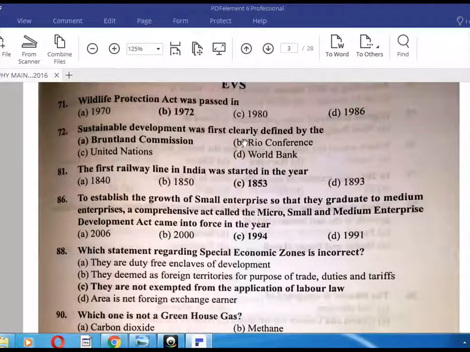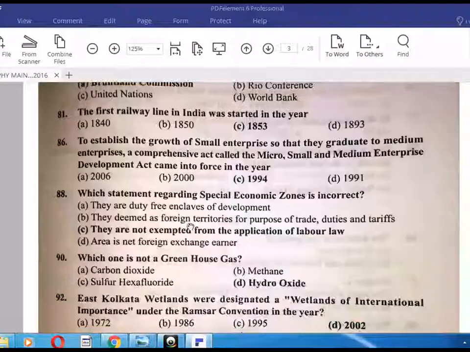Okay. Wildlife Protection Act passed 1972. Sustainable development was first clearly defined by the Brundtland Commission. The first railway line in India was started 1853. To establish the growth of small enterprise so that they graduate to medium enterprise, a comprehensive act called the Micro, Small and Medium Enterprise Development Act